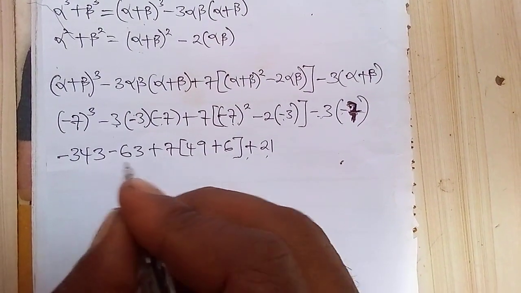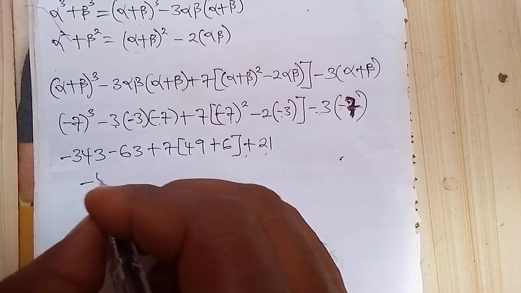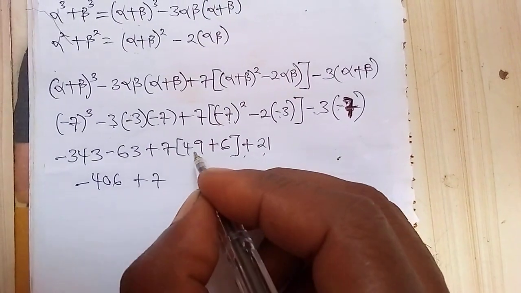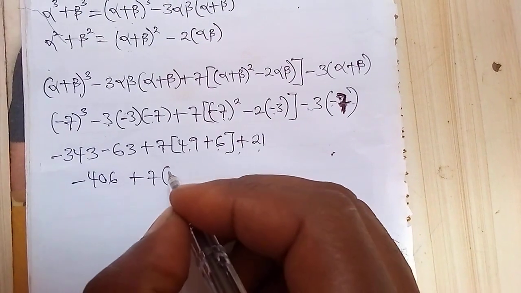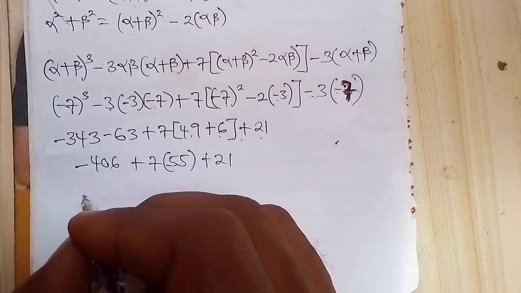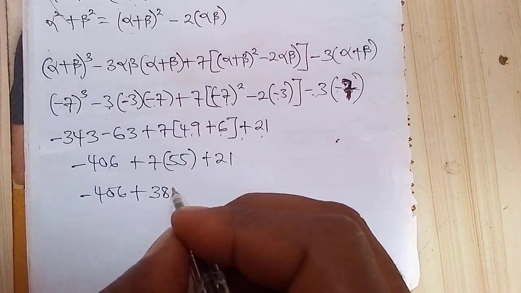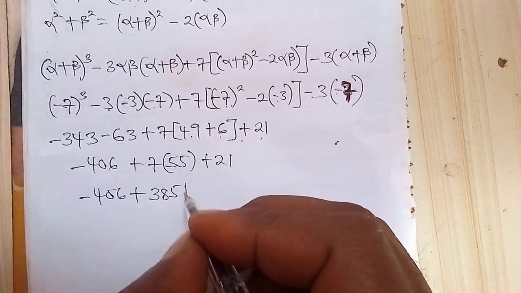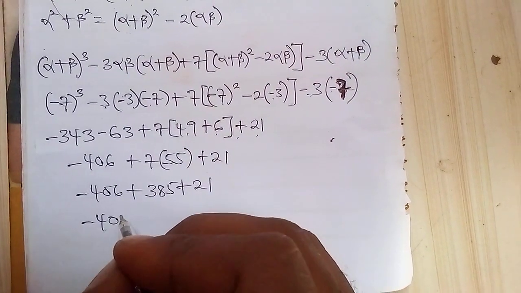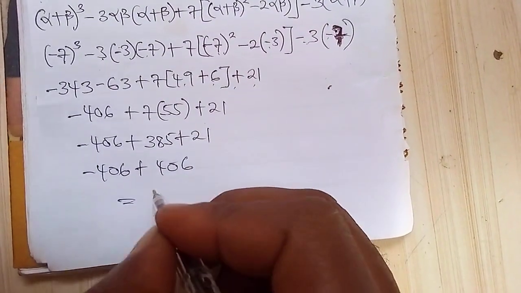So if we add these two, that's minus 343 minus 63, it will give us minus 406. Then plus, we write down 7. This plus this will give us 55. Then we bring down 21. Then we bring down this minus 406 plus, if we multiply these two, we have 385 plus 21. So if we add these two, we'll get 406, and if we do that, we'll get 0. So that's the